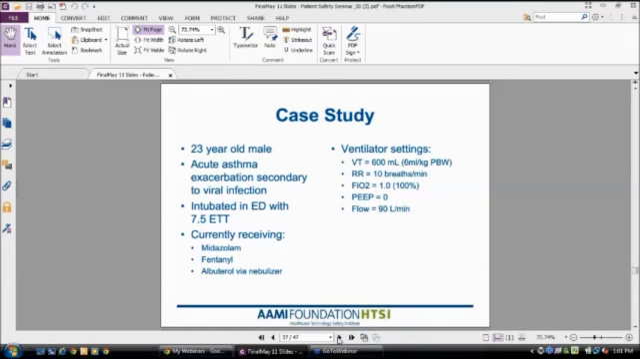And everybody's favorite part of a lecture, I know it's mine, is doing a little bit of a case study to teach us to put all the stuff that we just learned into